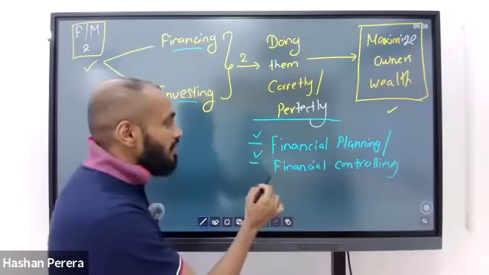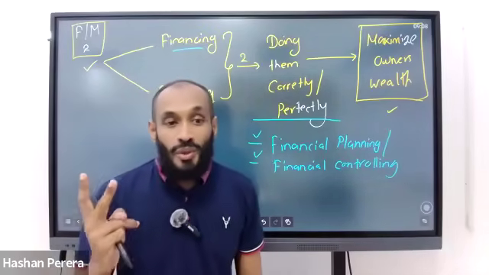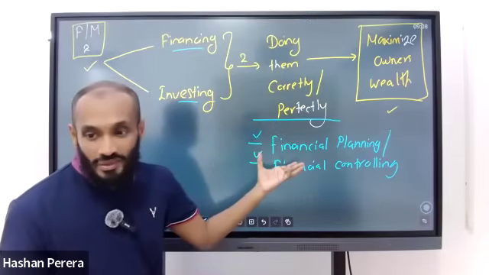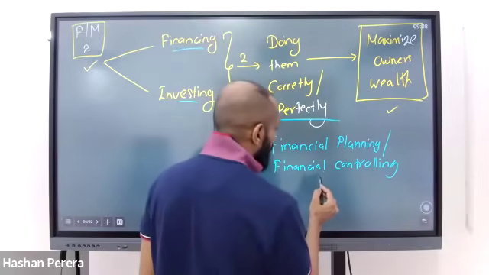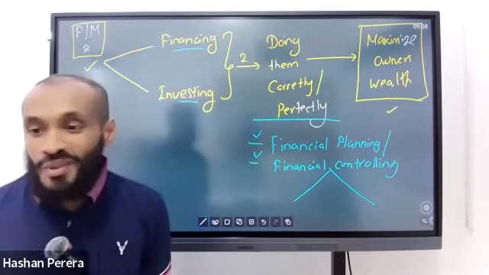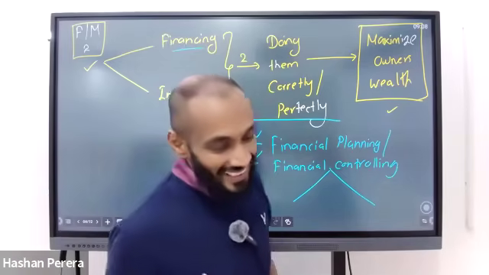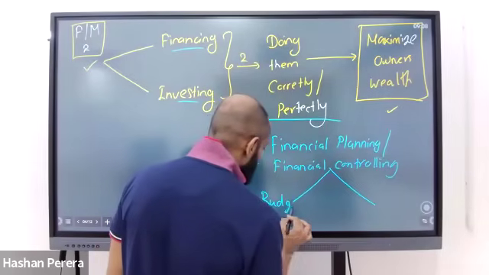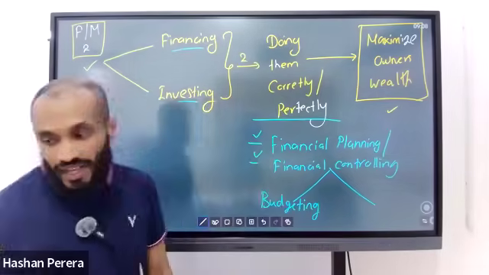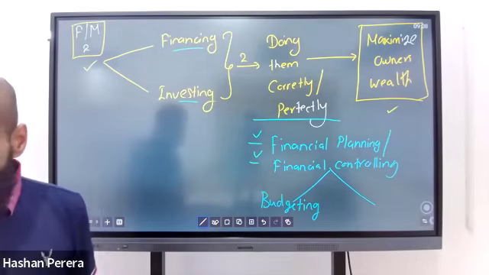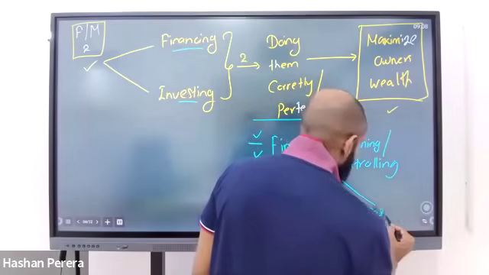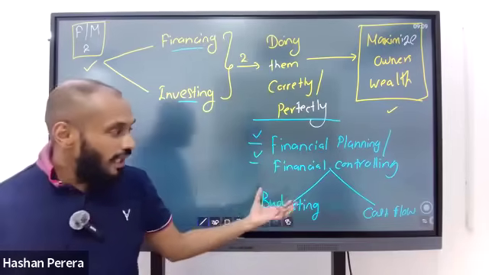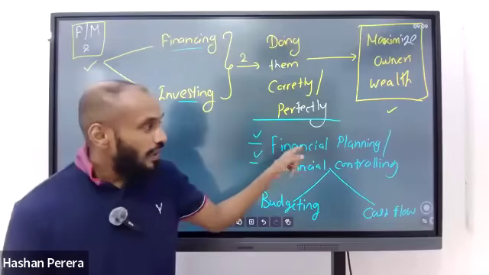Right. To do financial controlling and financial planning, you want to get the help of two tools. මේක කරන්න මේ දෙන්න ඕනේ. ළමයි, we want to have two tools. What are those two tools? Budgeting and cash flow. So we have to get the help of cash flows and budgeting if we want to do financial planning and